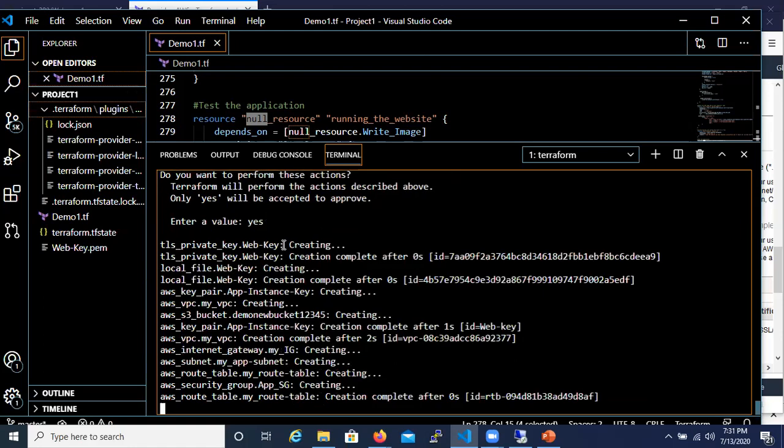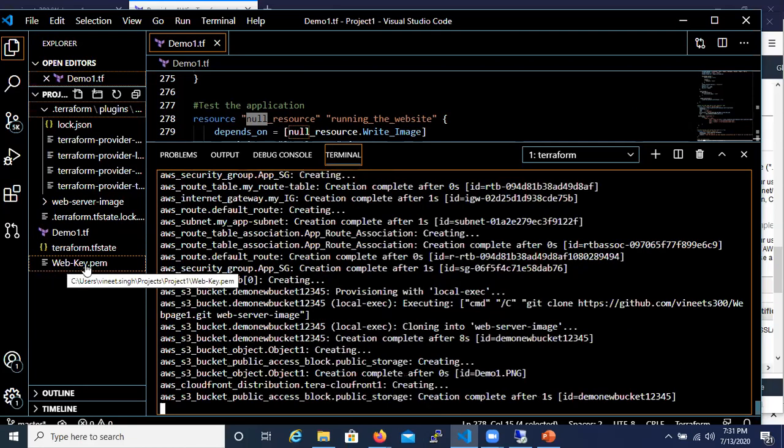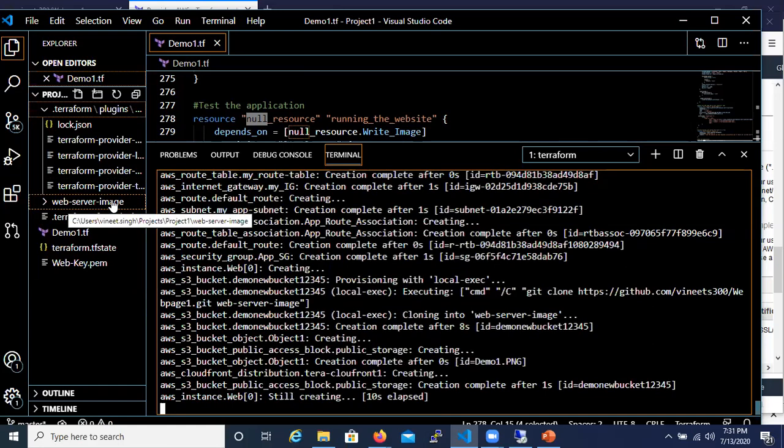Now if you see, it has created a key file. This key file was not present earlier. It has created a key file and copied the contents here. It has copied the web server image from GitHub.